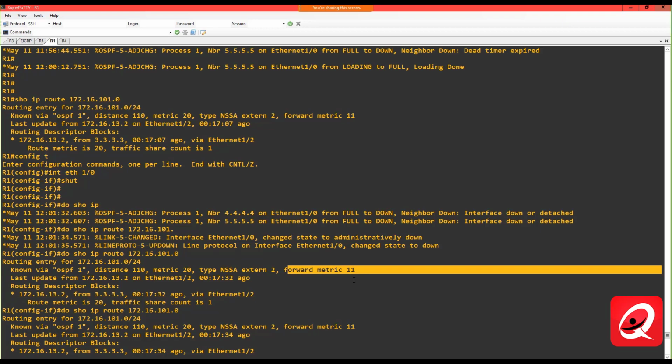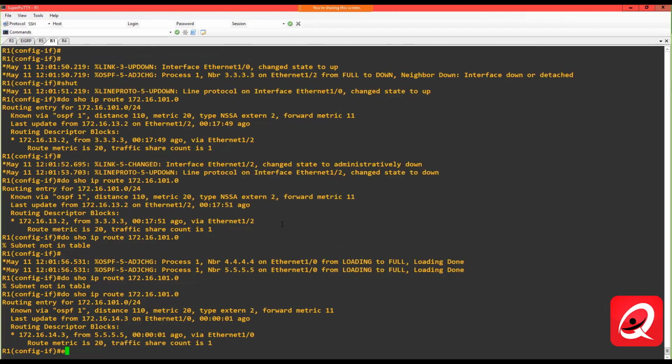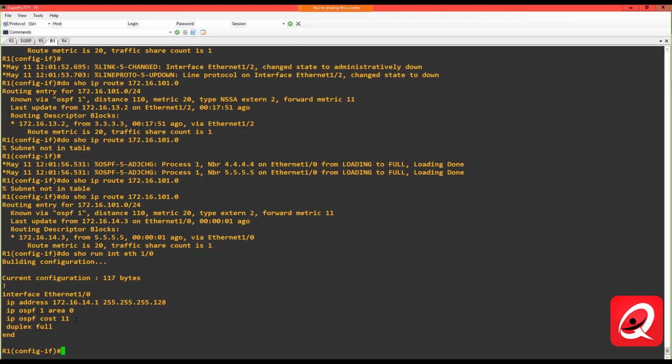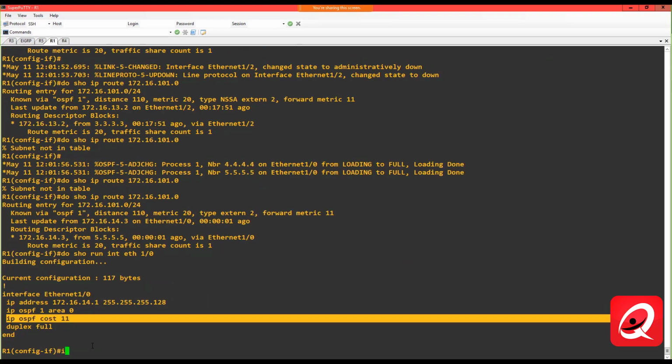Seed metric is 20, forwarding metric is 11. So that being said, it appears, and this is maybe based on that documentation that you have there, Tim, that as long as the P-bit is set and there's a tie, we're going to choose the N2 route over the E2 route. However, if I go into do show run interface Ethernet 1.0 and I remove this cost,